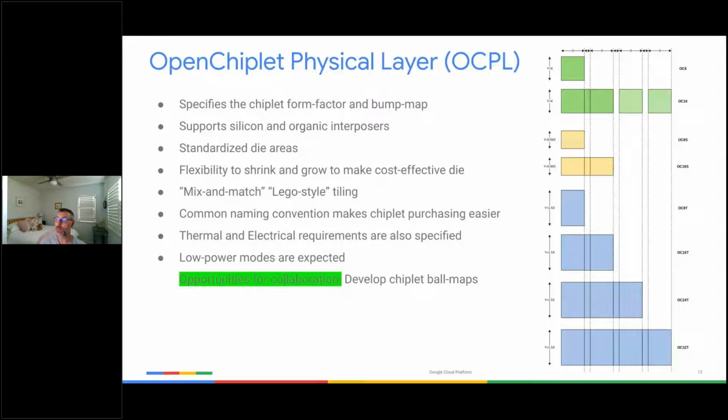But that brought me to an interesting discussion in one of the OCP meetings. You start to think about yield and almost liability, or